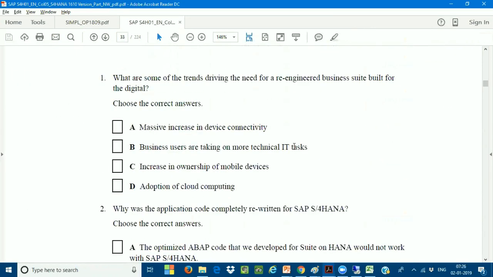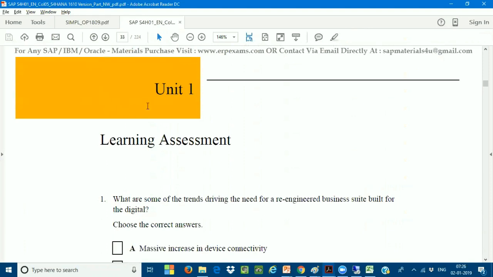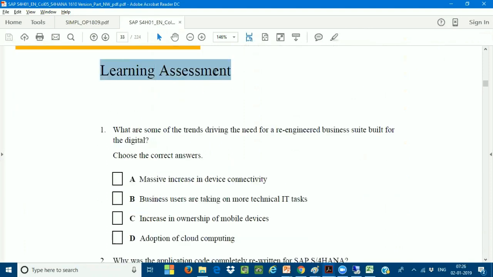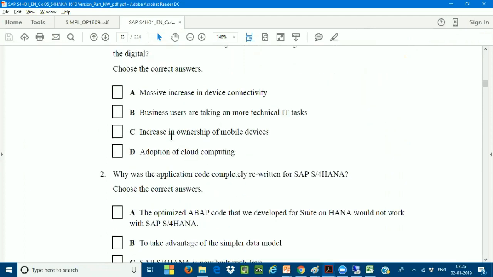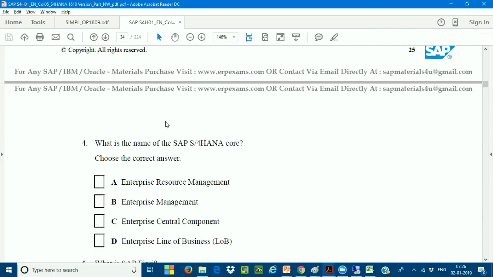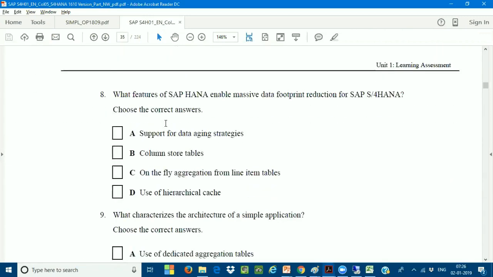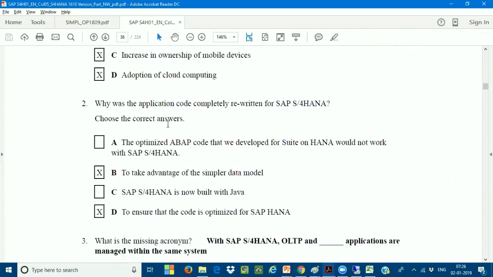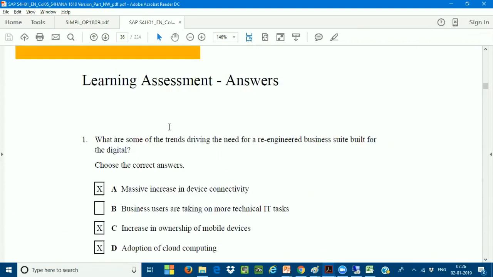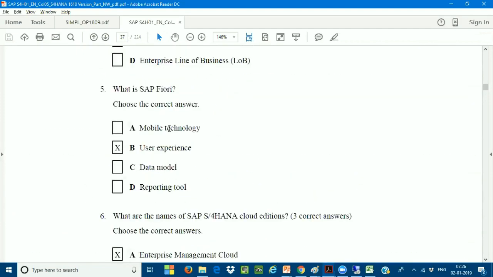And very, very important, just go to the assignment tab. Each and every one of you, please, before you go through the answers, make sure you analyze your test caliber, your wrong answers and right answers. After that, you go and see the answers. First of all, don't look for the answers. Answers have been given over here. Try to attempt these questions.